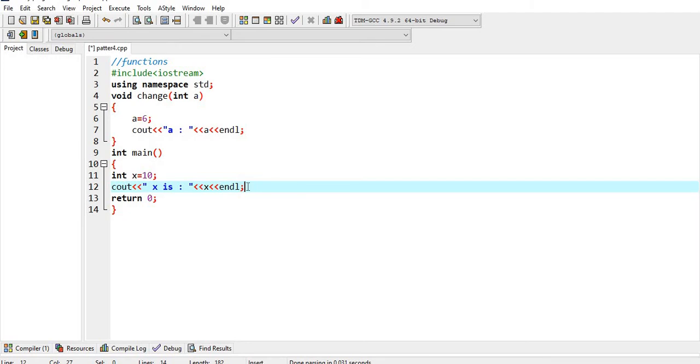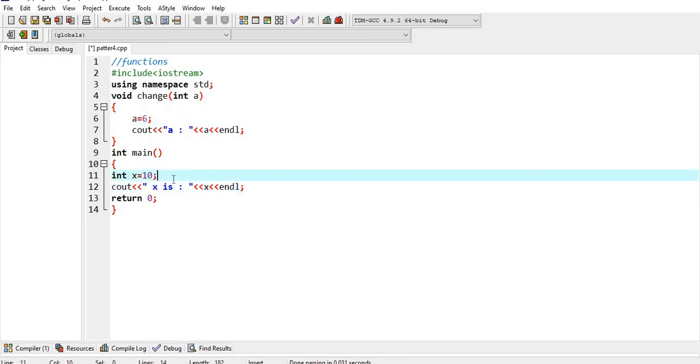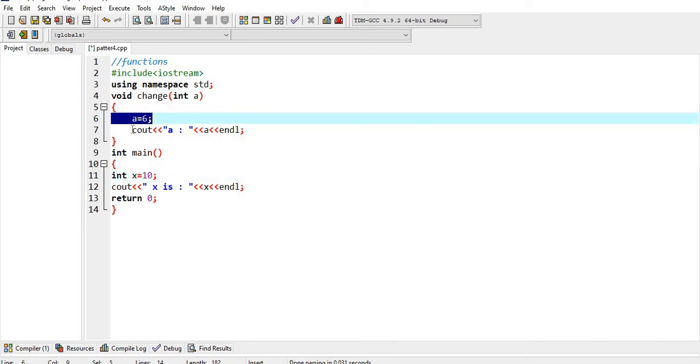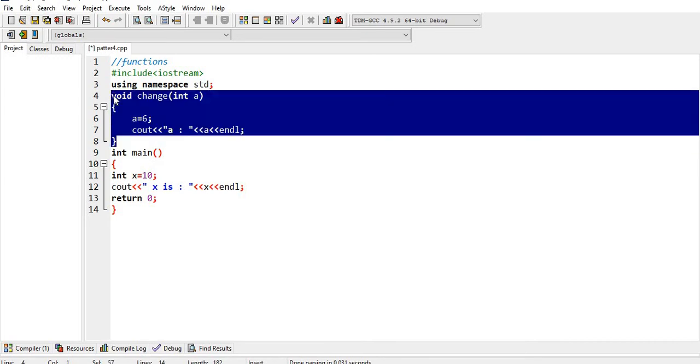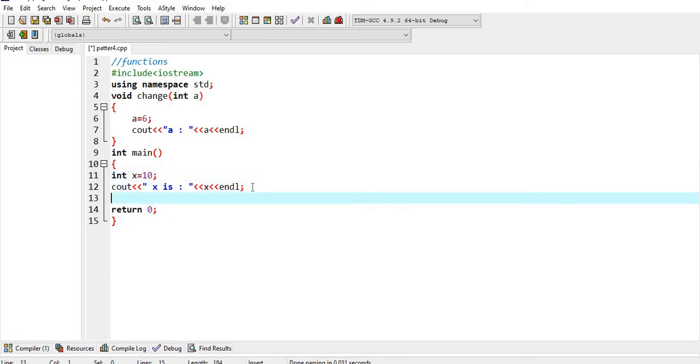Here I am going to differentiate between the local value and the reference value only. Local means if we use A outside the function, we encounter an error, but it means A is 6 and A remains 6 inside this function. Similarly for x equals 10, it means it has a hard-coded value 10. It remains 10 unless I change it. So if I change the value of x here, the change will be reflected in this variable.